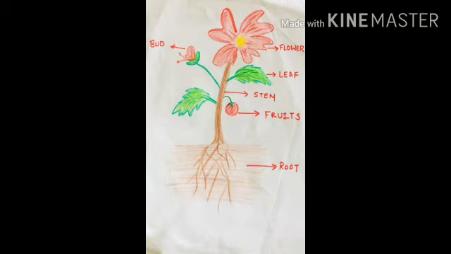So what do we mean by learning points? It means in this chapter we are going to learn about all these things. We are going to learn about the structure, the function of different parts of plants. Okay? So to begin with, color the picture of a plant given below and label it. I'm very sure you know the basic parts of plant. What are the basic parts of plants? The roots, stem, leaf, flowers and fruits.